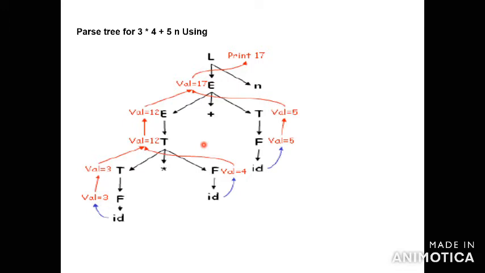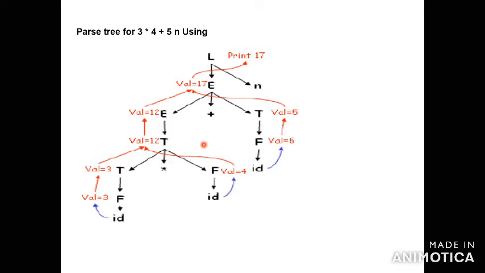Based on the given input string, you have to construct the parse tree according to the given production rule. First, for the given production rule, you have to write the semantic action. After that, you have to do the parse tree. The parse tree, for each node of the given input string, is nothing but the annotated parse tree construction.